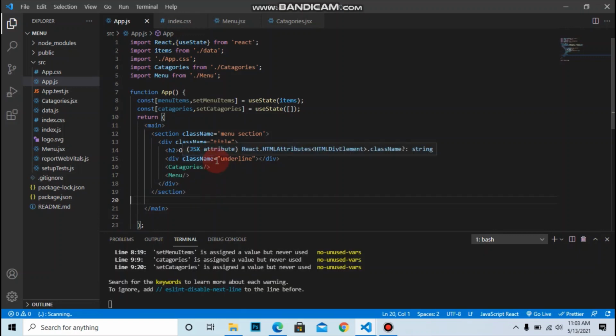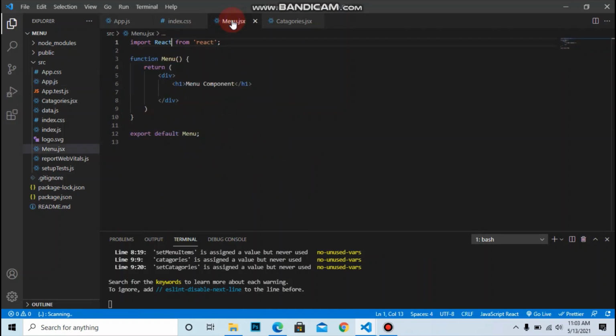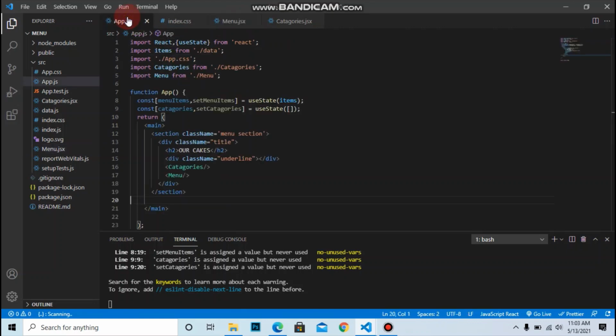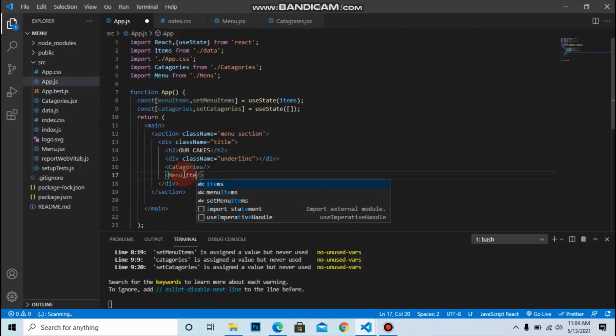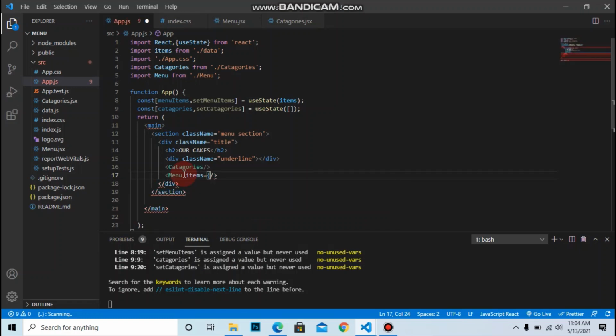After that, in the menu we have the list of items which we will iterate over. So let's go to the menu, and it renders the list, or iterates over the list of items. So let's first of all pass the props to the menu item, that is items equals to menuItems, that is the items array.